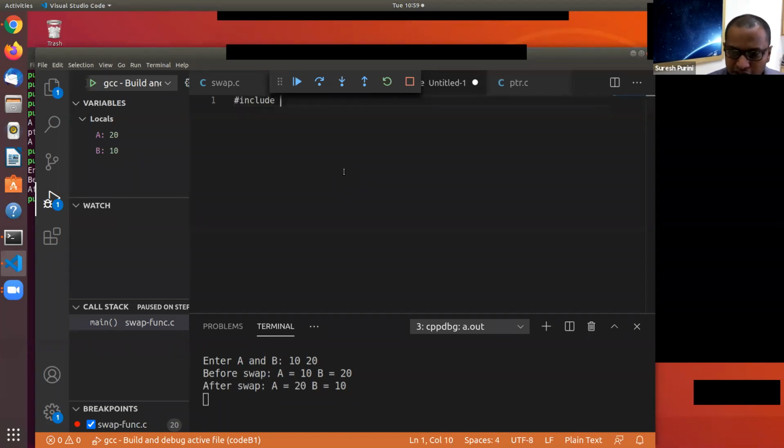Usually, so far we have been working with what are called scalar variables, like A, B, whatever. But in practice, most of the time when you are working with student records, you have a list of students, or a list of marks, or a list of cities, or a list of trains, and so on.